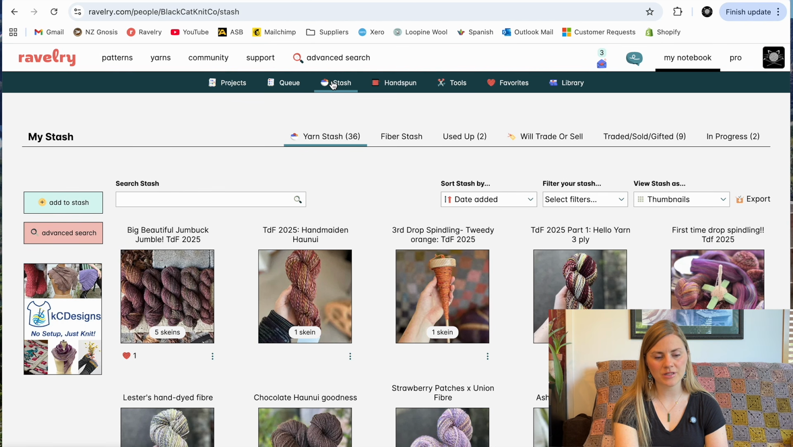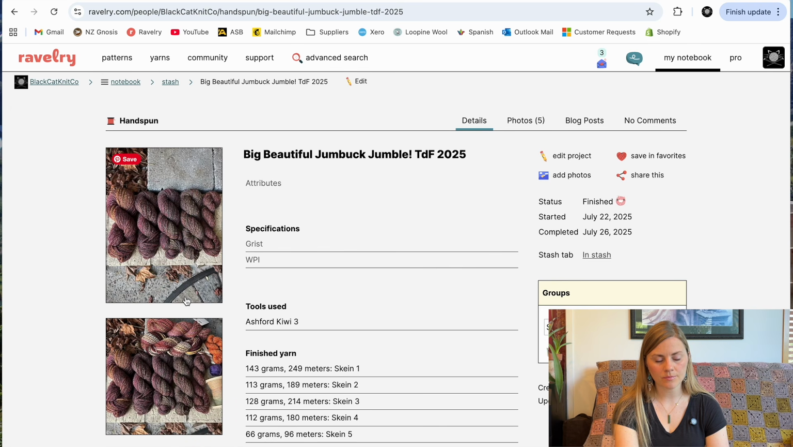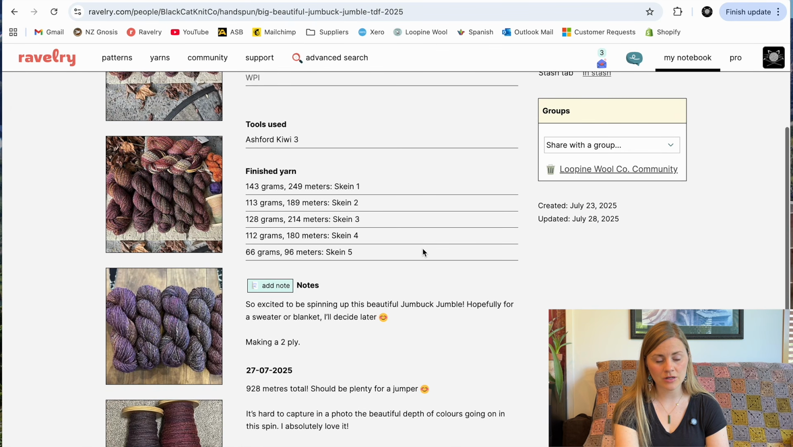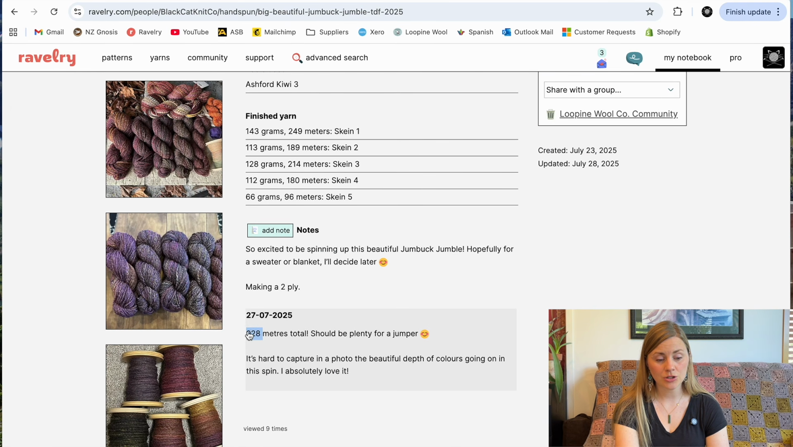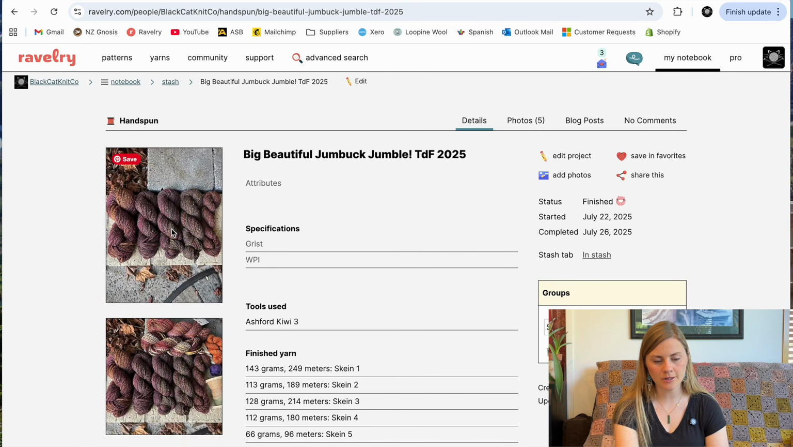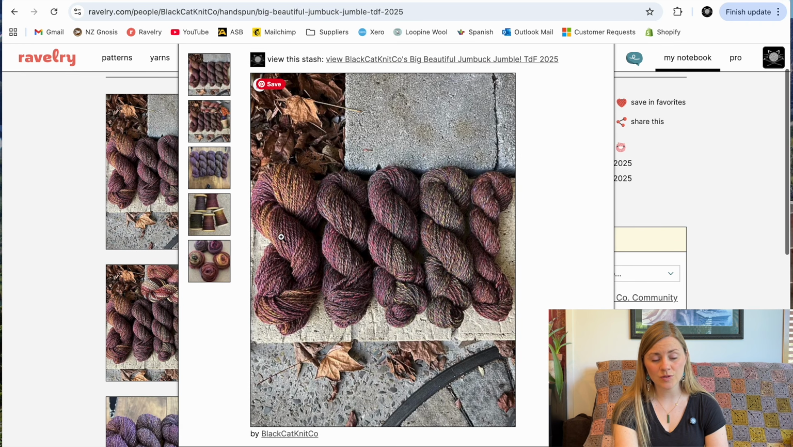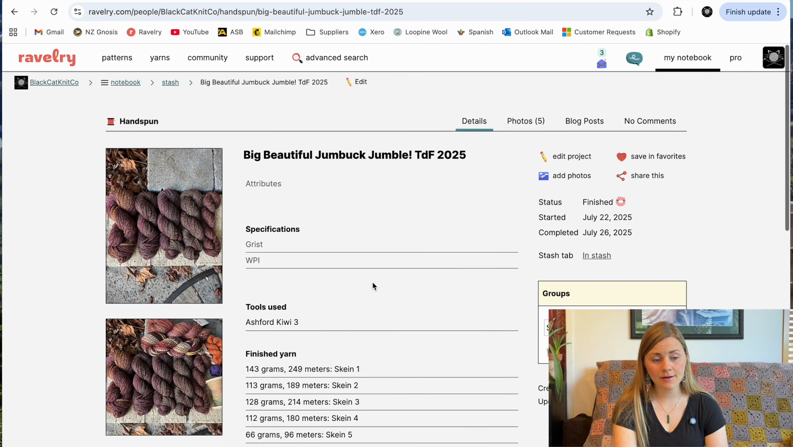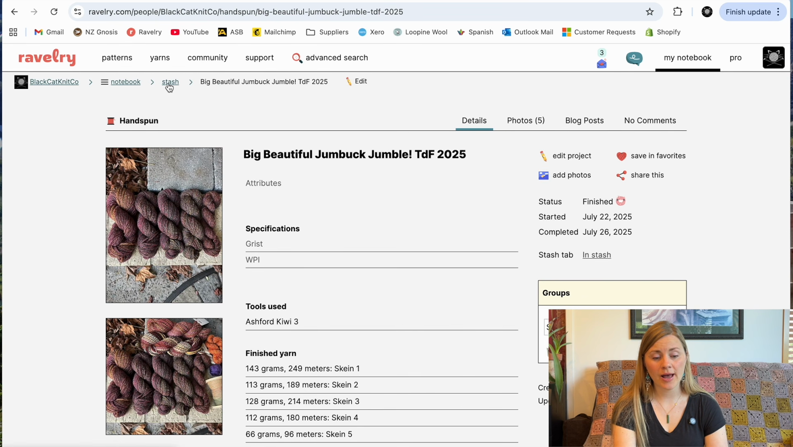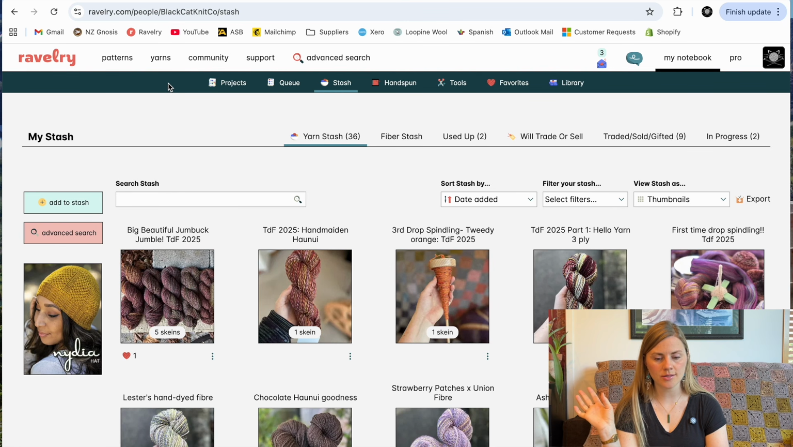Before I move on from the stash section, I don't use it, but it is very, very useful because if you do have, let's say, this is my Jumbuck Jumble, which is some Handspun. So I know that I have 928 meters total of this beautiful Handspun that I made this year. And that's incredibly useful because I can look for a project that uses somewhere around that amount of yarn. And if I know what I have, that's a really great function. So if you have a huge stash, especially if it's packed away in closets and you're not really sure what's what, if you have it all in here, it's